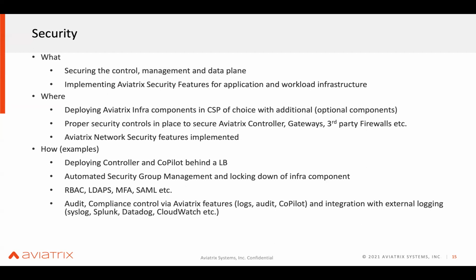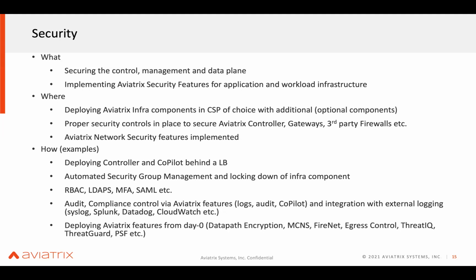And then integration with external logging is also important. What is the enterprise's standard logging mechanism? Okay, they use Splunk. All right, so do you have Aviatrix configured to export logs to Splunk? Yes or no, and so on and so forth. So you want to make sure the security perspective, the infrastructure security, is in play. And then it's about the Aviatrix features which are implemented from day zero, for example, data path encryption, MCNS, Firenet, egress control, ThreatIQ, ThreatGuard, public subnet filtering, or other things